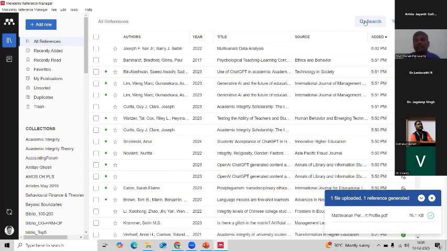Mendeley has a lot of search features and filter features depending on your need. If you want to search a particular keyword, yes, you can search. If you want to filter, yes, you can filter. And the sorting options I have also demonstrated. Next,